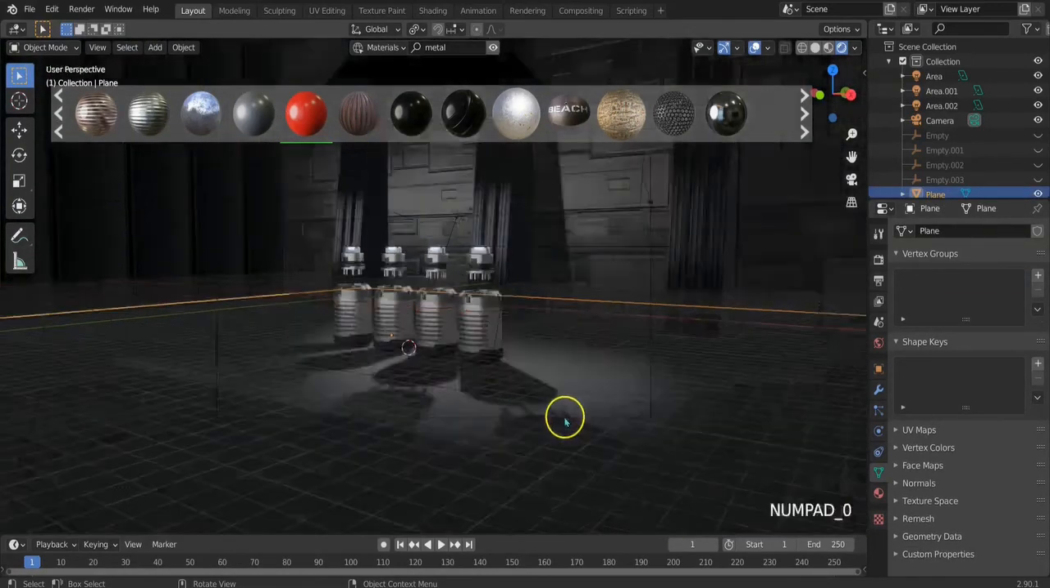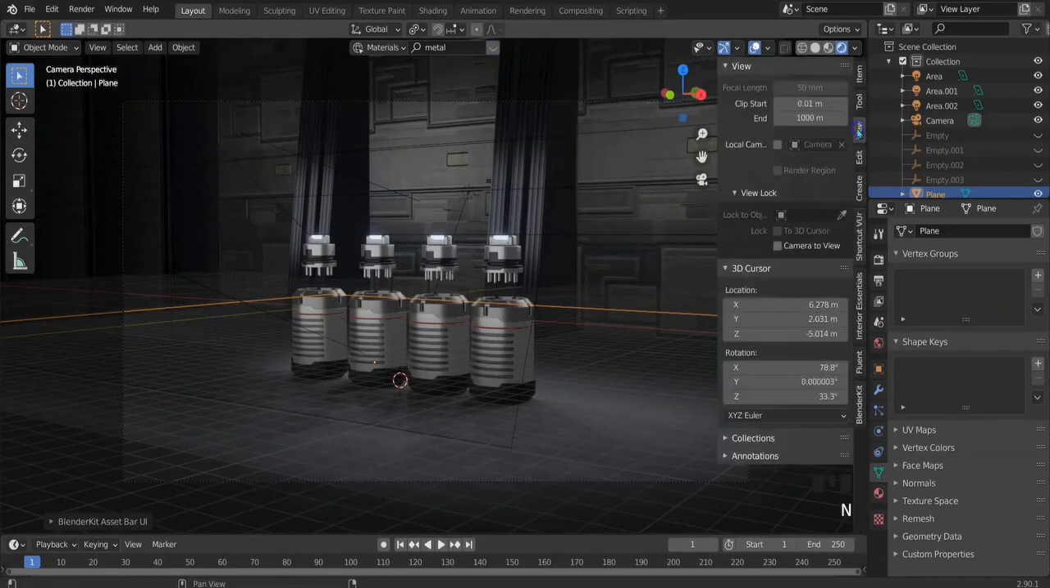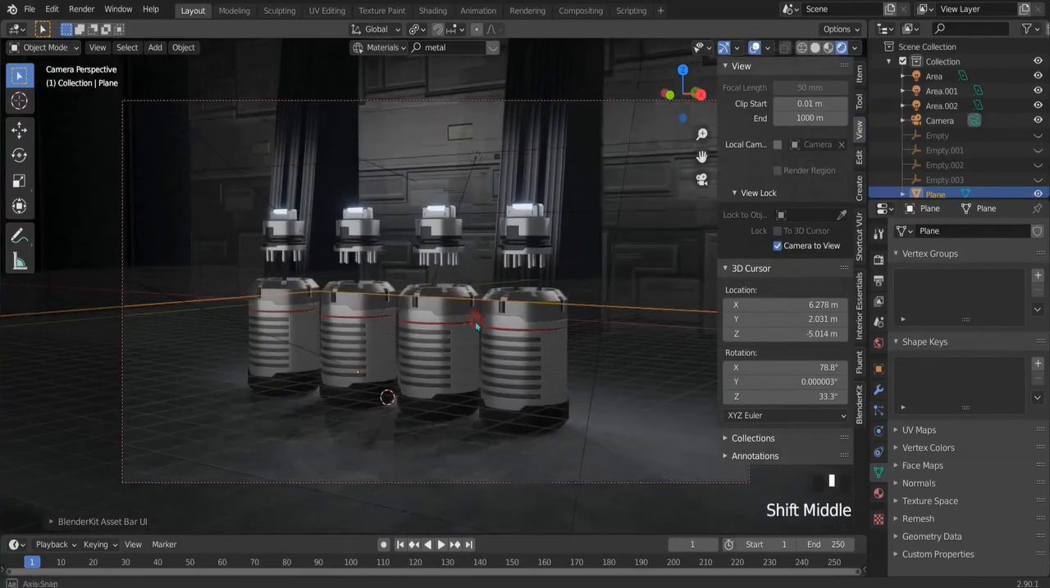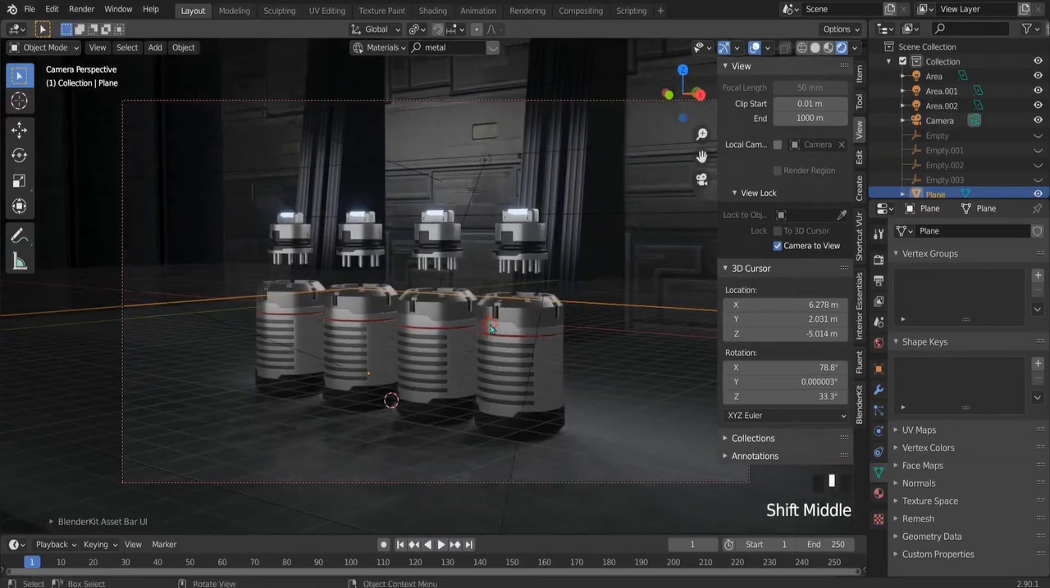Now this is our main scene. Of course, I'm going to tweak the lightings and the camera. I'm going to lock the screen to the camera. So I'm gonna adjust what I want as the output, and I'm gonna create a little animation, a simple one,